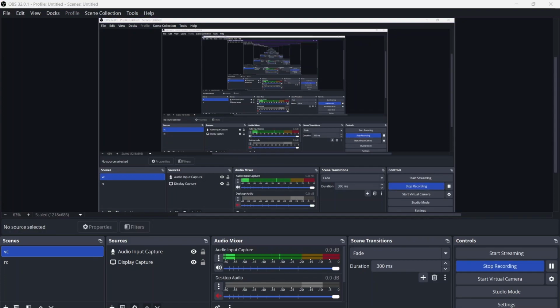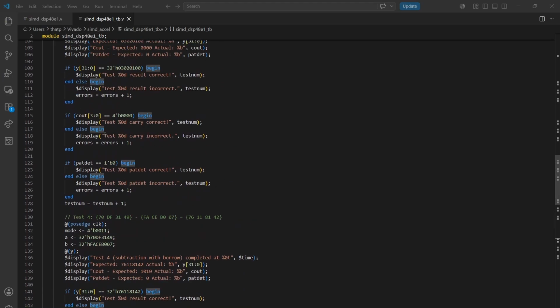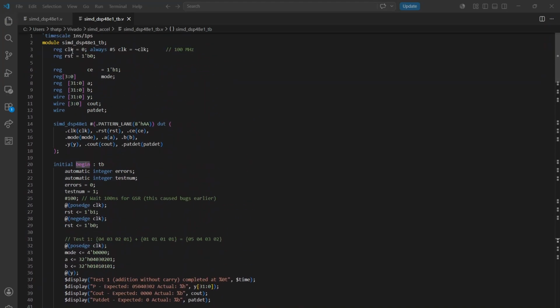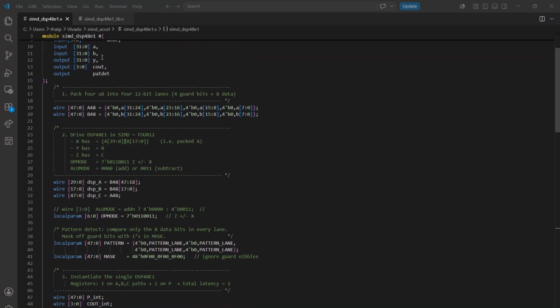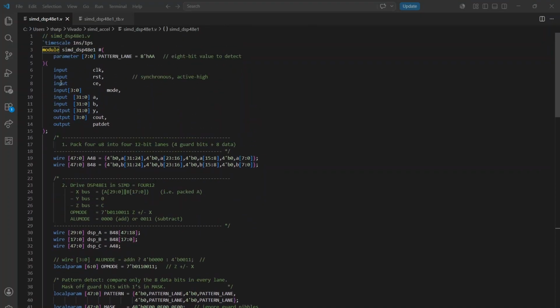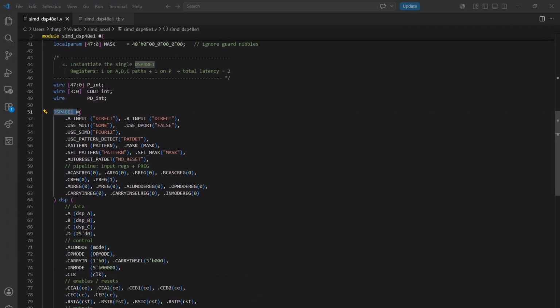Okay, this is a demo of tutorial 2 for our research project. I'll start out with my design and then show the test bench I made. So to use the SIMD function on the DSP slice, I made this module that basically just wraps around the DSP